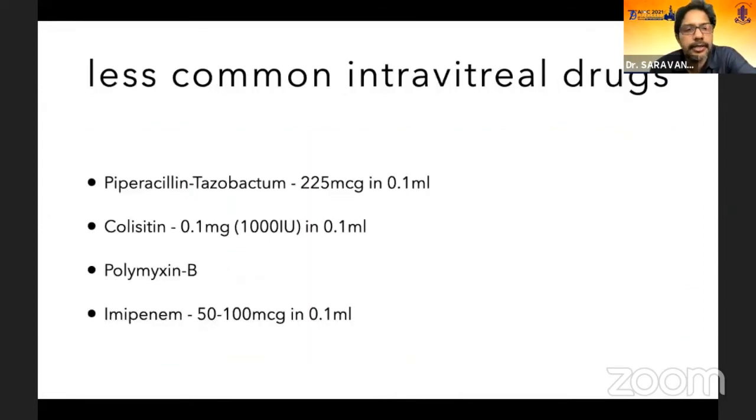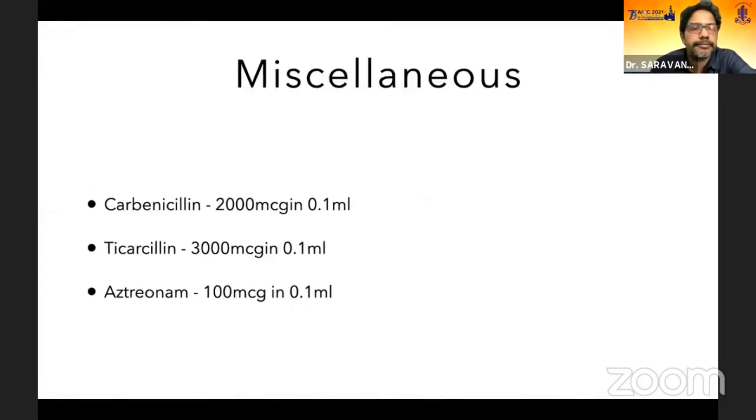powerful drugs in these scenarios. So usually we prefer to go for piperacillin tazobactam as the first choice, because in cluster, especially with a significant corneal involvement where you are suspecting gram negative infection, piperacillin is the first choice rather than amikacin or ceftazidime. Once you have a culture and you feel that it is resistant to all these drugs, then the other choices are colistin, polymyxin B, and imipenem. Rarely tried drugs have been carbenicillin, ticarcillin, and aztreonam also.